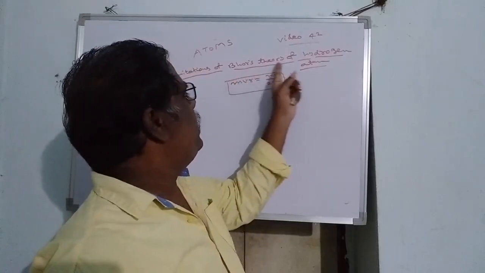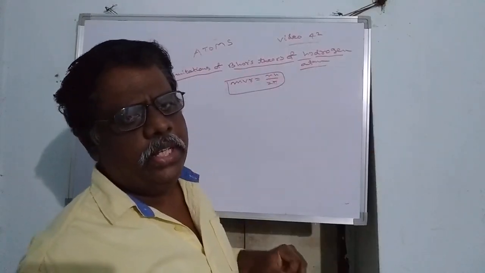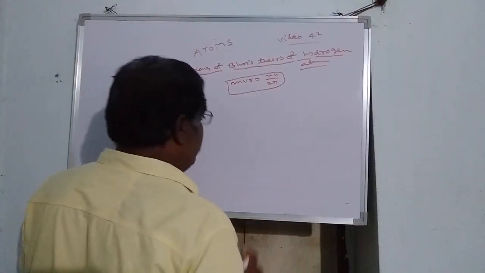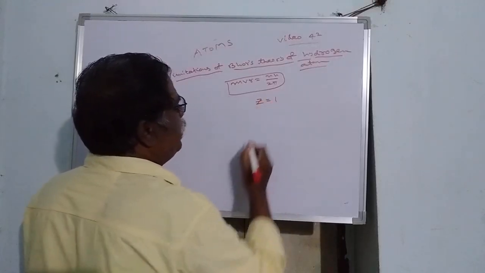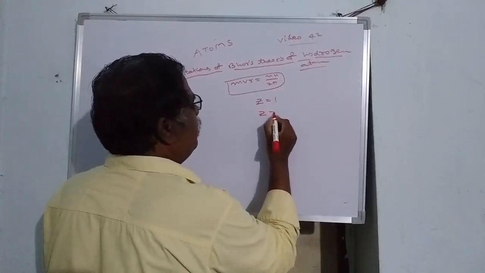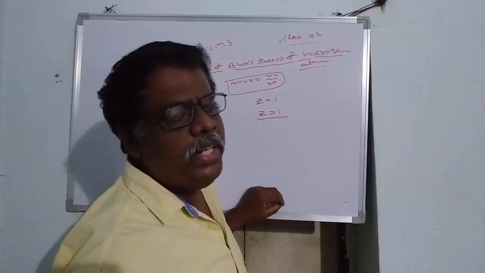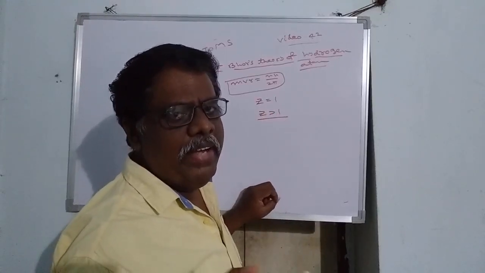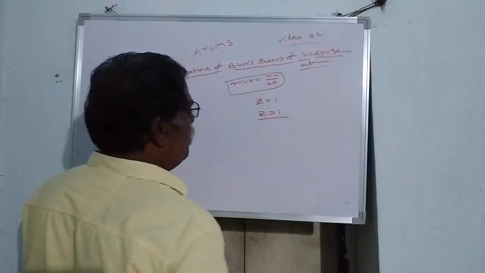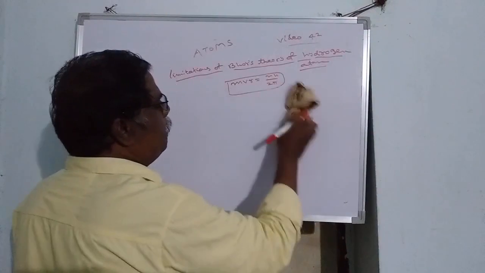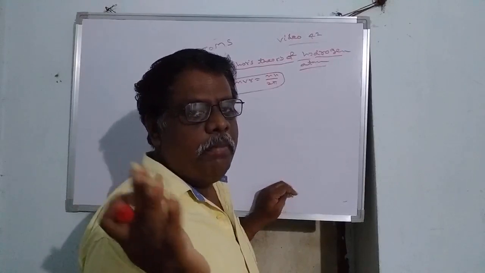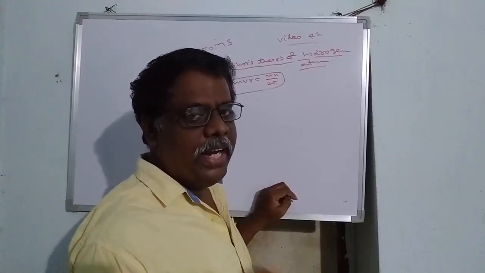So these are the important postulates of Bohr's atomic model. Here, what are the limitations of Bohr's theory? This atomic model is applicable only to the simplest atoms, with Z value equal to 1, just like hydrogen. It fails to explain Z value greater than 1. That means it does not explain anything about the higher elements. That is the first limitation. Second, it explains only why electrons revolve in circular orbits, even though elliptical orbits are also possible. That is the second limitation.